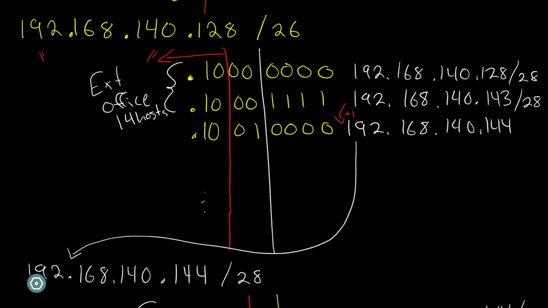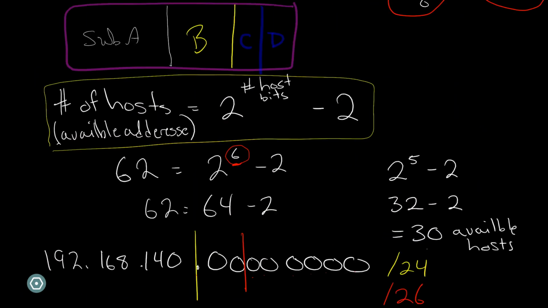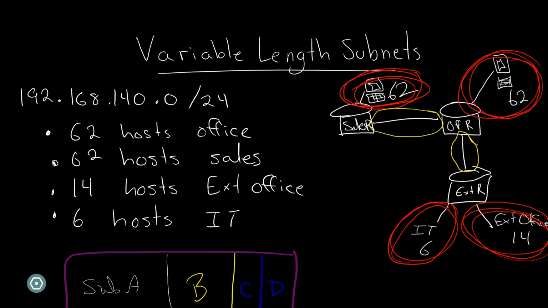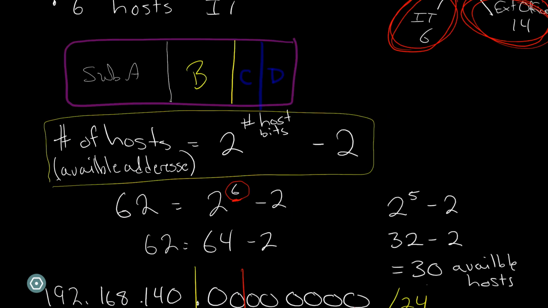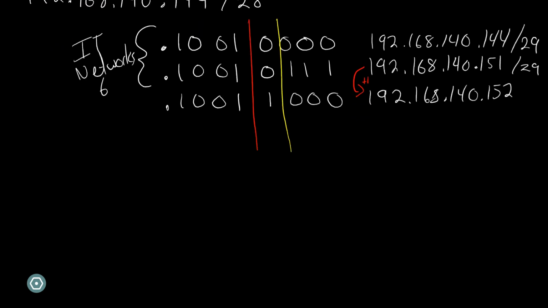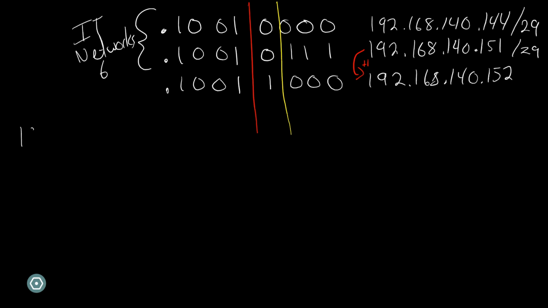So to take you back to our diagram, we've already calculated this address, our nice sales network. We've calculated our office. We've calculated our exterior office and our IT. So all we need is these little 2 network chunks. So we're going to go all the way down. And we're going to, once again, start with our remaining host address,